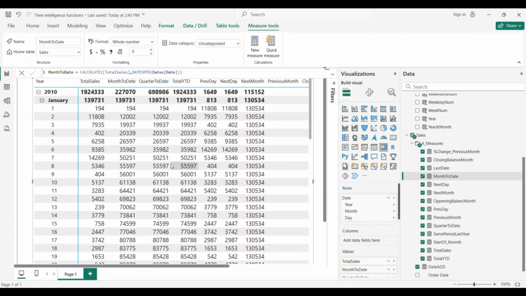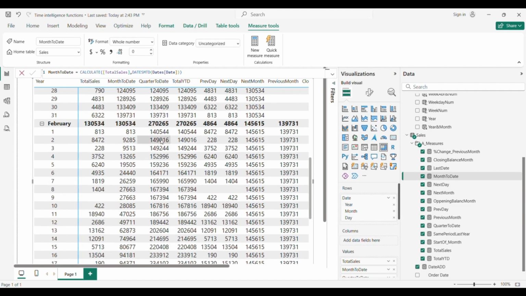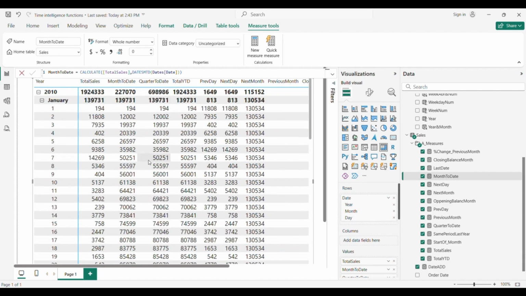As you can see, in case of quarter to date, it still starts from 139,731 plus 813, which will give us 140k.5. So the difference is that in case of month to date, it starts every month to sum up all the days, all the sales that we have.